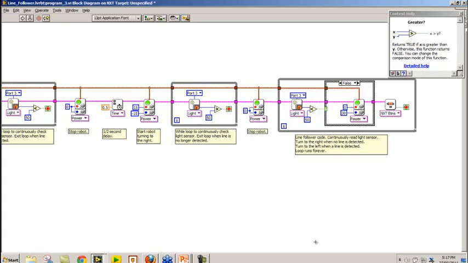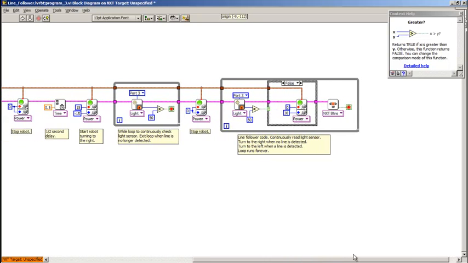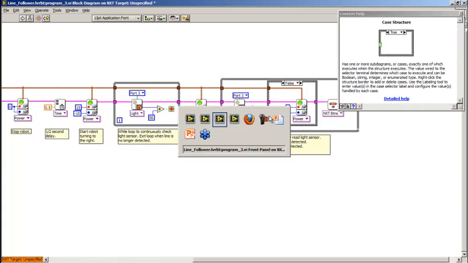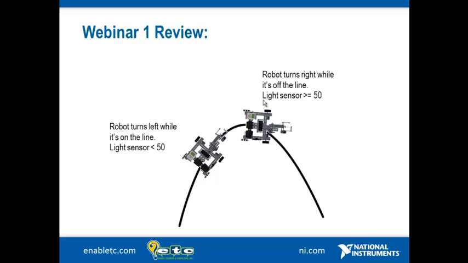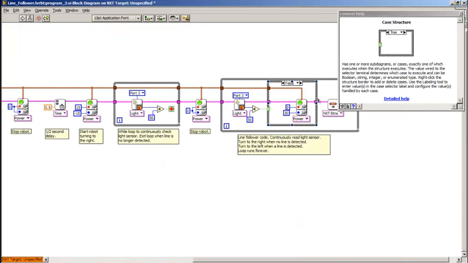And then the third part, which you would think would be the most complicated, is really very similar. This is where we're actually following the line. So here we're making a decision. If we jump back into the PowerPoint for just a moment, we see the decision is to turn left or right depending on the light sensor reading. So turn left if the value is less than 50, turn right if the value is greater than or equal to 50. So back into our code, we see we've got basically the same stuff, except now we've